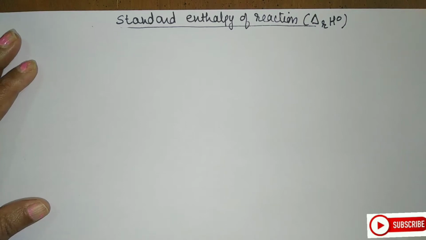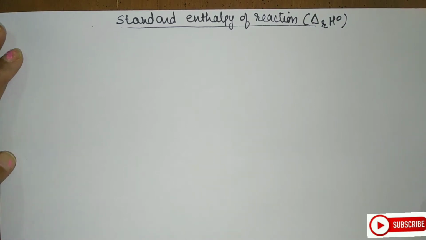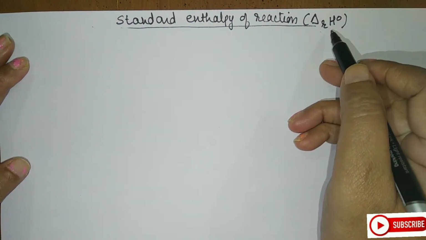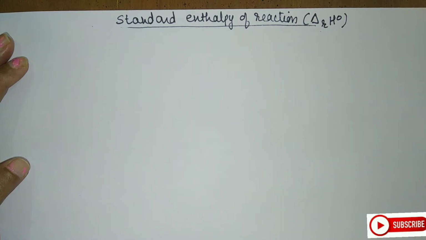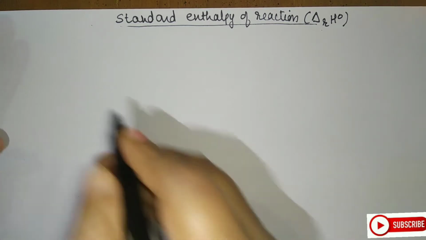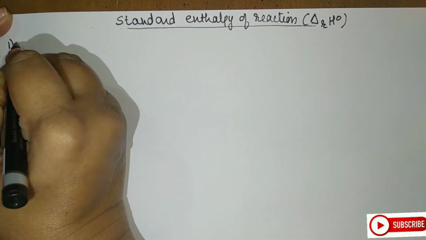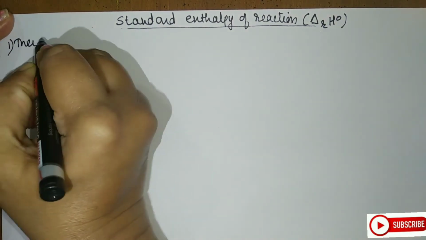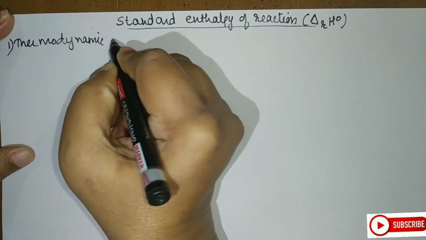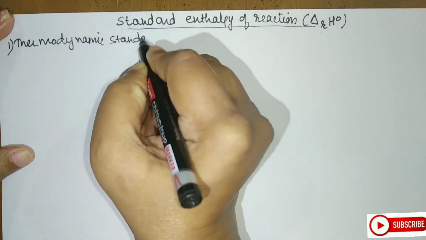Hello students, here in this video we are going to see the standard enthalpy of reaction and it is represented by this. Now to compare the enthalpy changes of different reactions, we have to consider them under a similar set of standard conditions. So thermodynamic standard state, what is the meaning of that? Let us see that first. So thermodynamic standard state